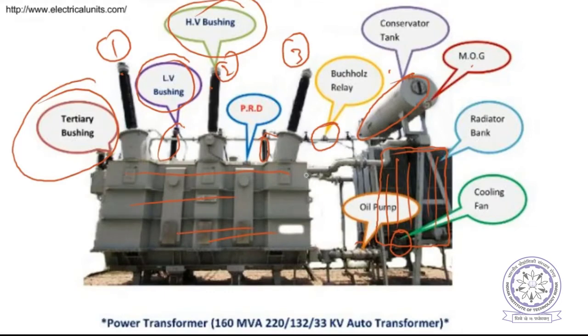So it depends on the rating. For power transformers, normally we do have this circulation, oil circulation. There are several types of circulations. Here it is shown, oil pump. So this is like this actually. So from the radiators, it will go to the transformer again. So there is a pump at this location which will enhance the circulation of this oil.